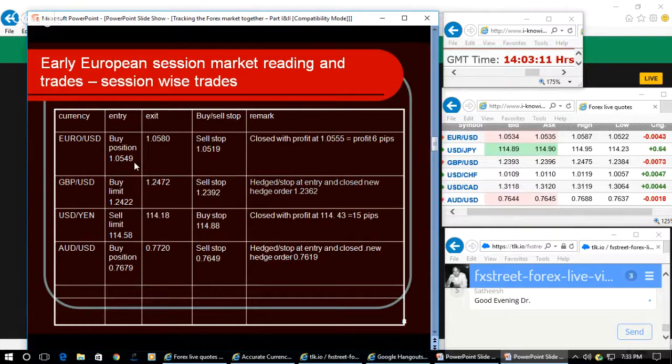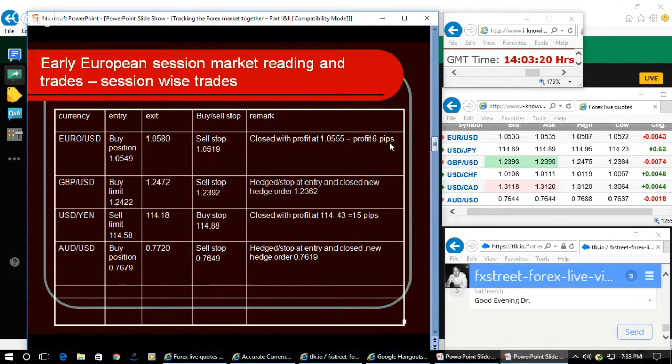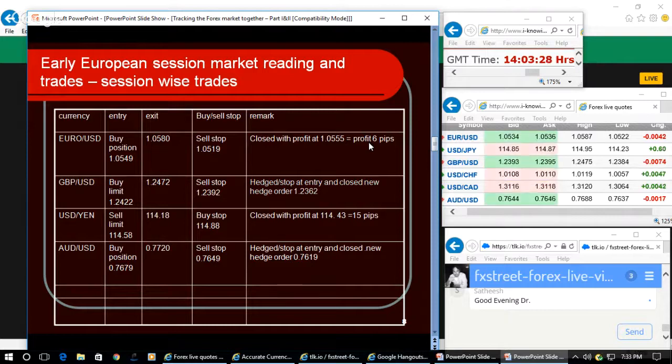So in the case of euro, before 13:30 GMT, the data release time, when they quickly made a gain, I just closed it with 6 pips profit, because after the data release, they will make some volatile moves. Also, I was able to see that they are not gaining above the initial low. 1.0566 was the initial low. They have not gone above that. So I just closed it at